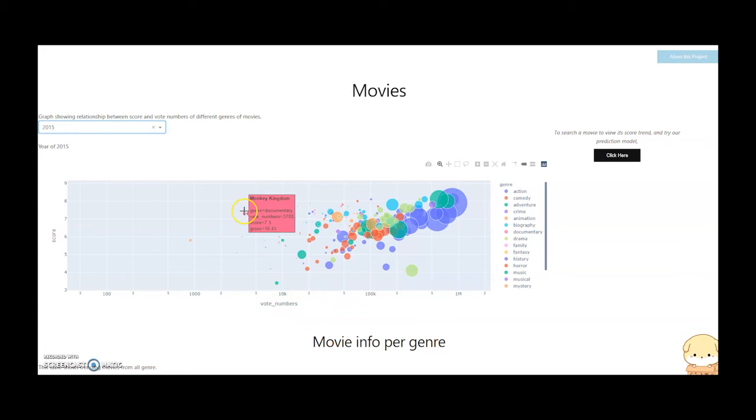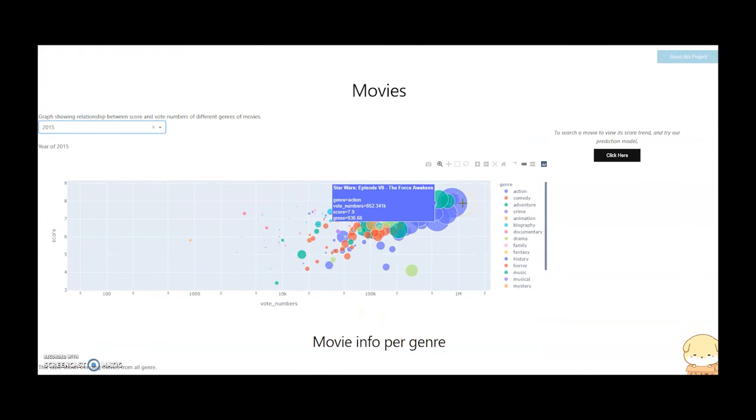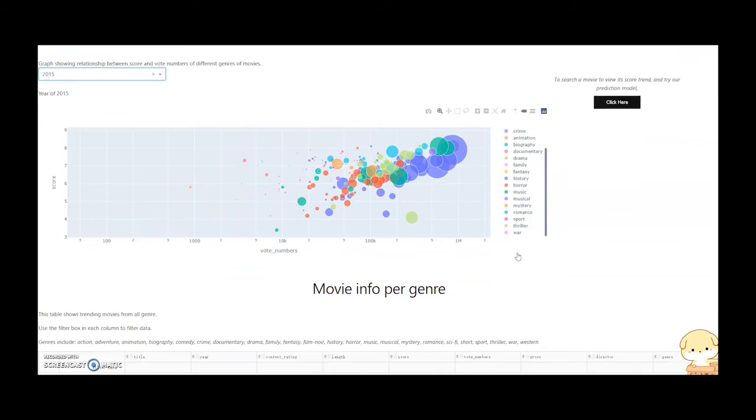However, there are also movies with higher roll numbers but low score, like 50 Shades of Grey, and also movies with a high score but lower roll numbers. And the scatter size is determined by the graphs, and the color is determined by genre.